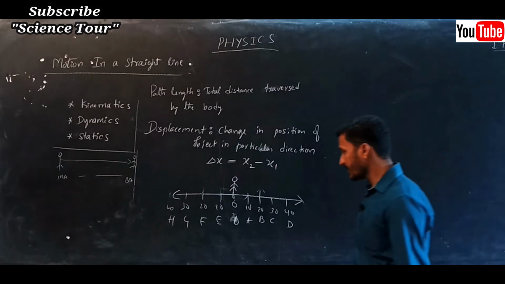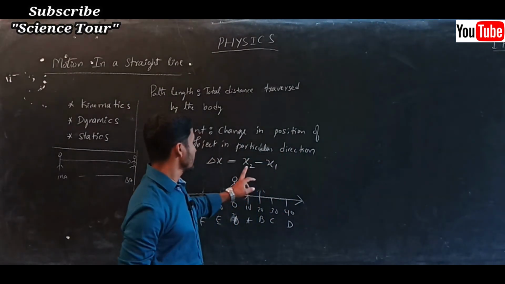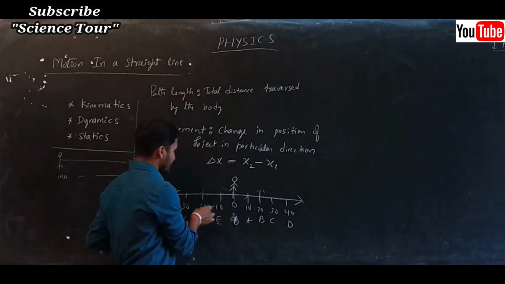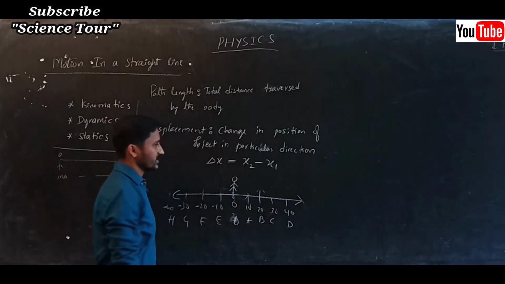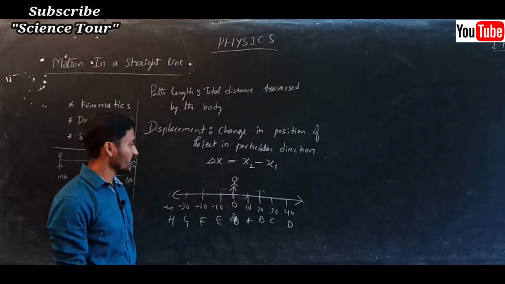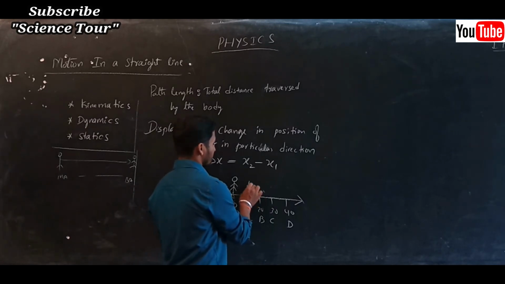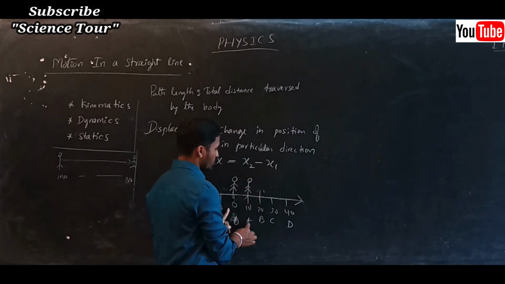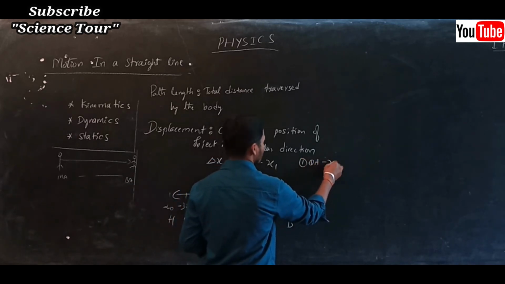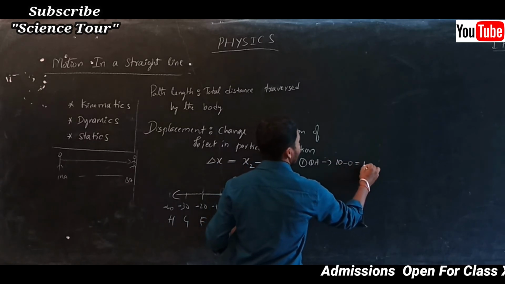Now what are we going to write down? Displacement. Displacement is nothing but the difference between the final and initial points. Now we have to consider the directions also, so that we can tell the exact position. Now in the first scenario, the object is here. The person is moving from O to A. That is the first scenario, O to A. O to A means 10 minus 0. That is 10 meters.